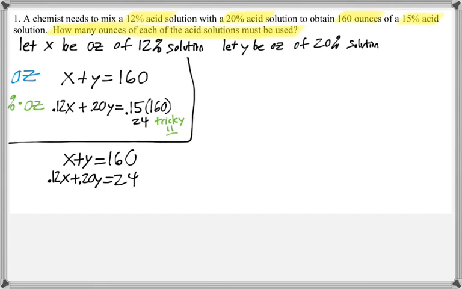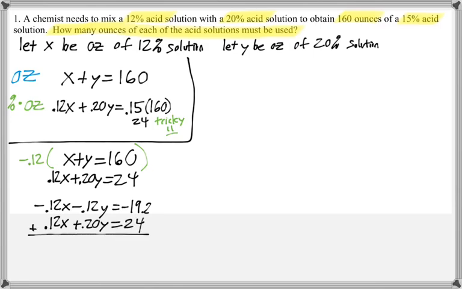Okay, so I'm going to choose to solve this by elimination. If you wanted to use one of the other methods, then you could. And I want to get rid of the x's. So there is a 0.12x here, which means I want a negative 0.12x right here. So I'm going to multiply by negative 0.12 to the entire equation. So that's going to give me negative 0.12x minus 0.12y is equal to negative 19.2, and the second equation remains unchanged,